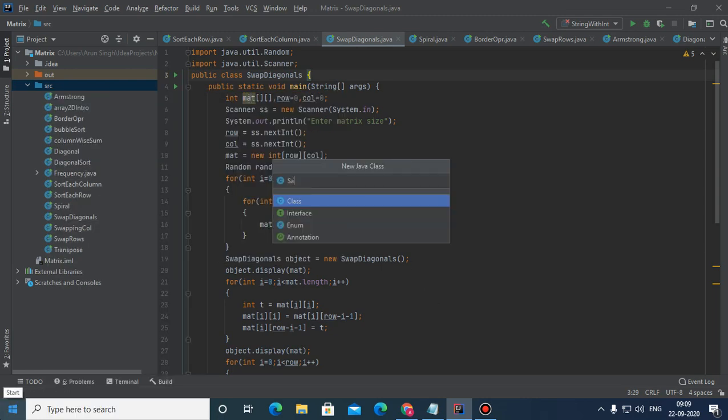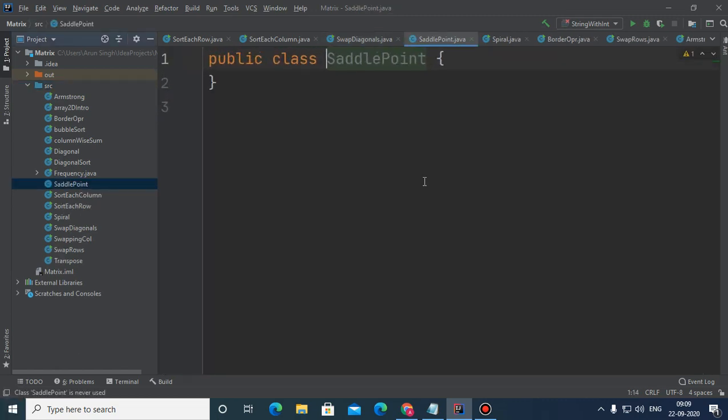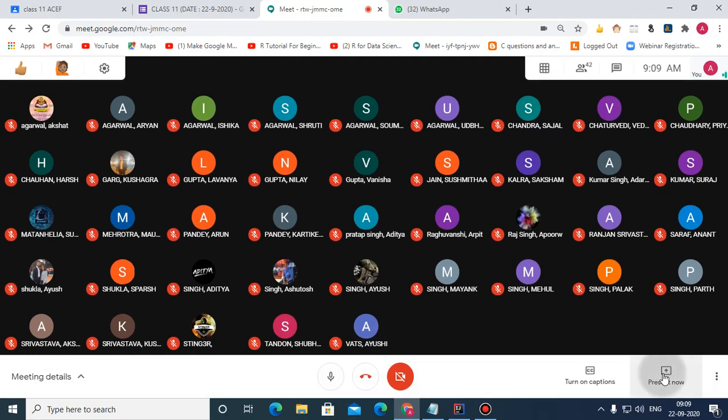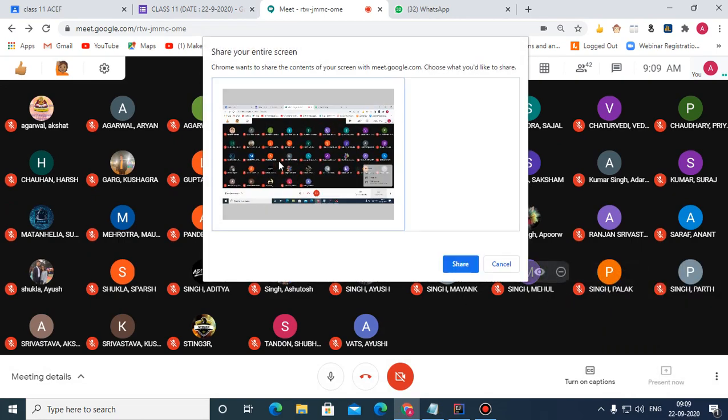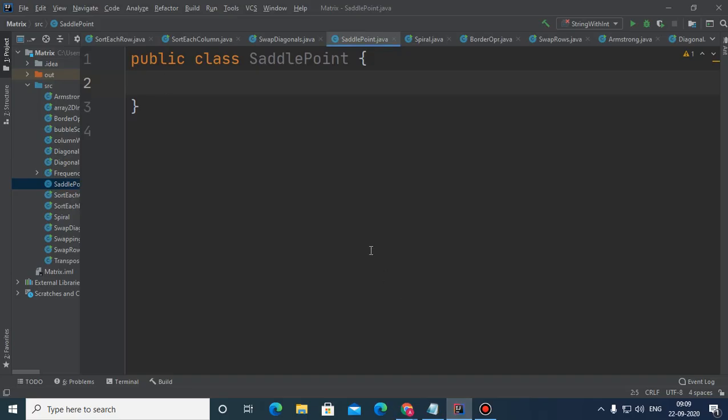So, see how to do that. Here I have created a class SaddlePoint.